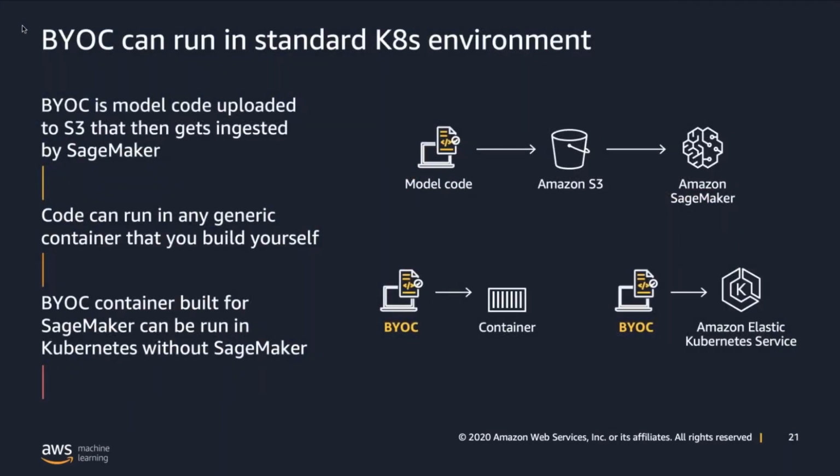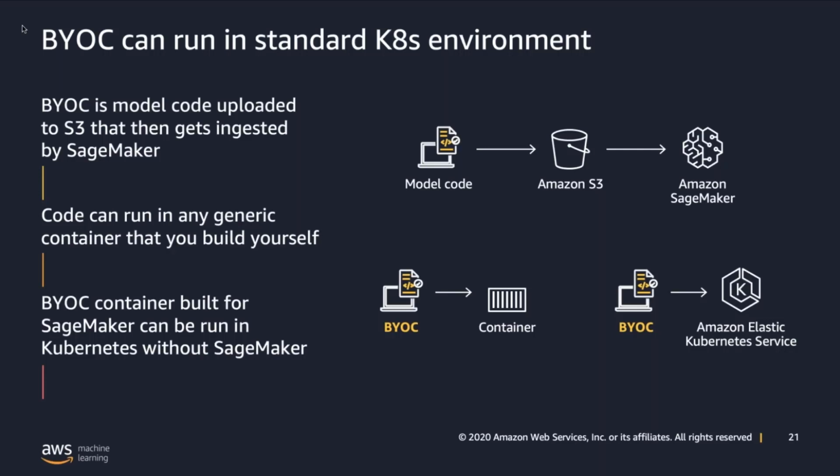And the different ways that you can ultimately load your code is through bring your own container. We also have another tool called bring your own script, but specifically bring your own container is probably the more popular for a container-based customer. So essentially what you need to do is you need to package your model code into a container by leveraging a Docker file. You can have SageMaker build it for you through bring your own script, or you can just build it for yourself through your CI/CD platform and then have SageMaker ingest it through either Artifactory or through